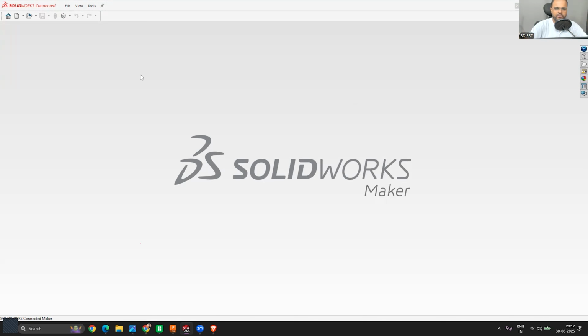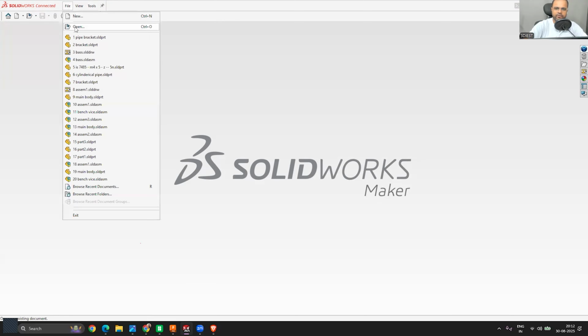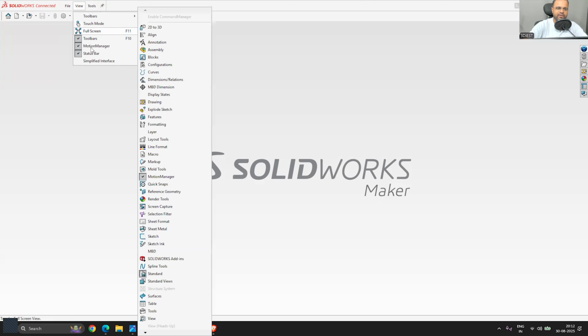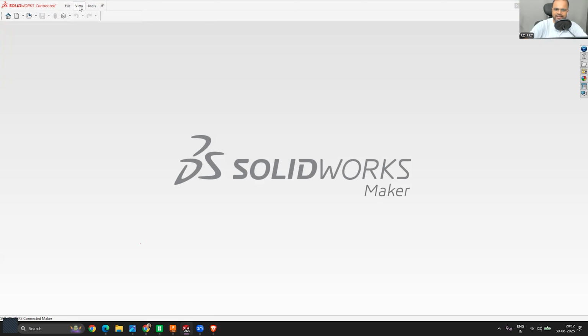Now, onto the top left corner, you can see the SolidWorks logo and then the file menu, right? In this file menu, you can open new files, create new files, open existing ones, and even access all your older files that you have already worked on, right? Then you have a new section that says view. Inside the view panel, you have a few settings, but don't worry about these settings at this moment.